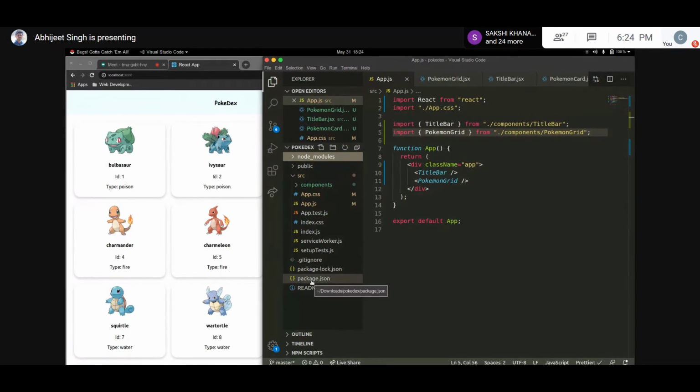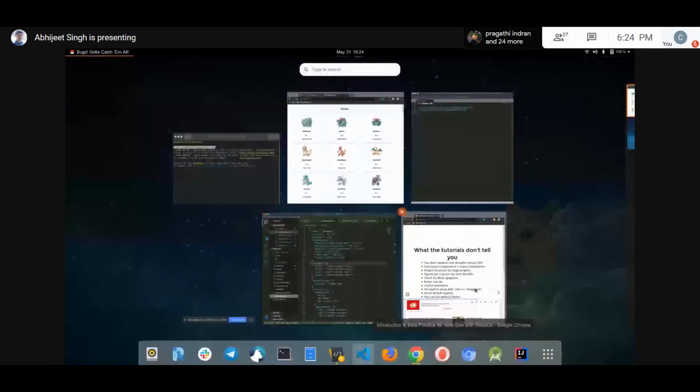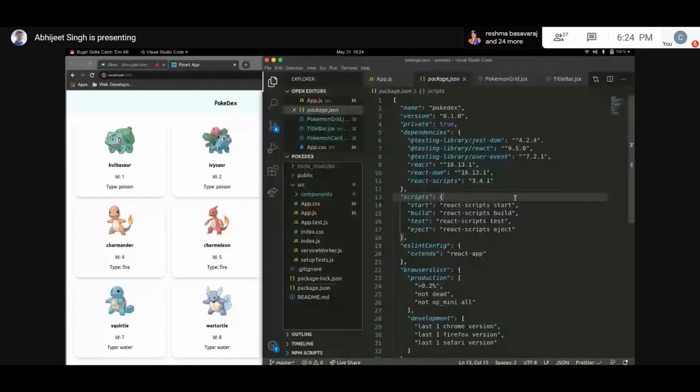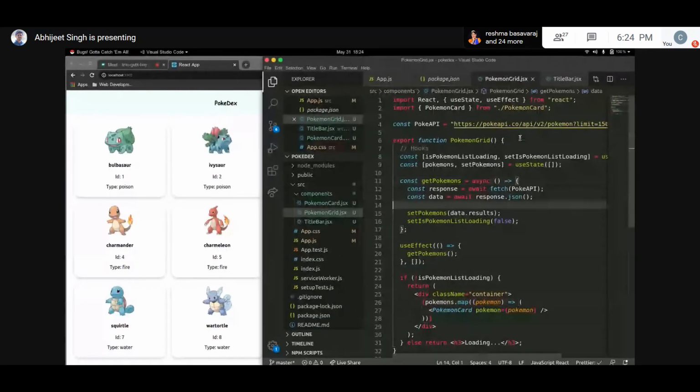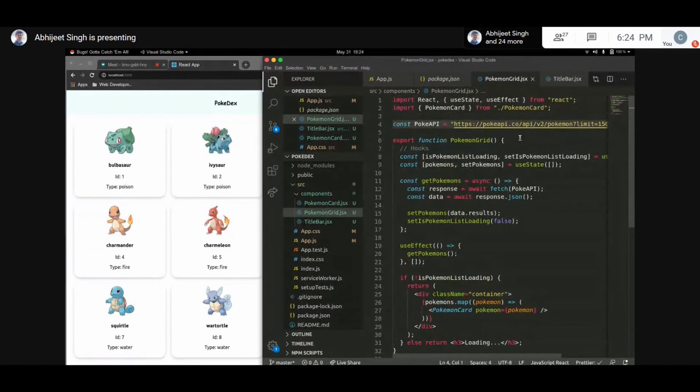When you run your application, it will look at the package.json and it will install whatever components or libraries are mentioned in it. Then another thing is you should never use var. In my demo that I showed you, you must have seen everywhere I've used either const or let. You should never use var, because that can be anything, and var is not a very good way to write code.